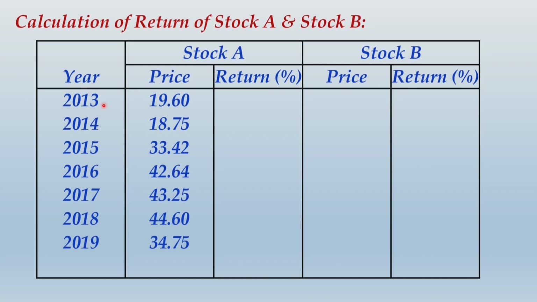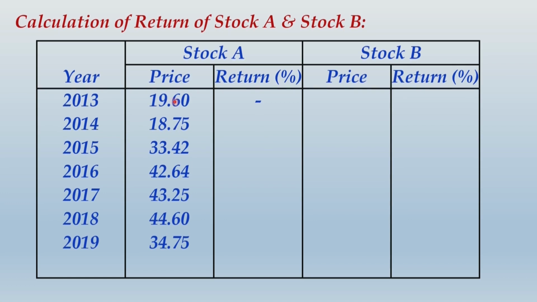which is not informed. That means even though they have given data in terms of share price for the past 7 years, you will actually be able to compute the rate of return only from 2014 to 2019. You will not be in a position to compute the rate of return for 2013 because the previous year's share price is not known. So what you may do is simply put a dash over here, and once you do that, computing the rate of return for 2014 will be simply taking 18.75 minus 19.60 divided by 19.60,